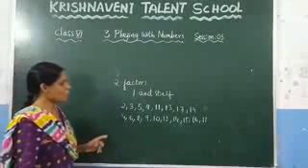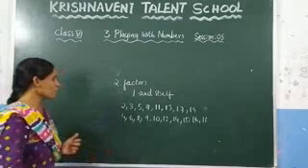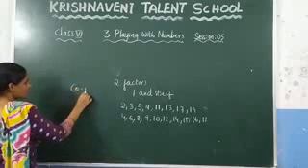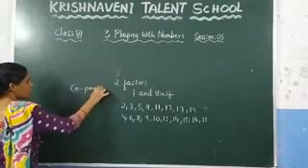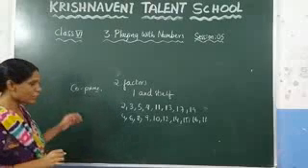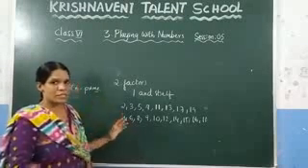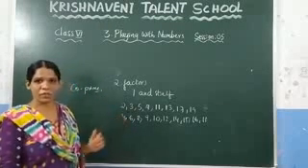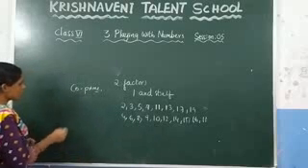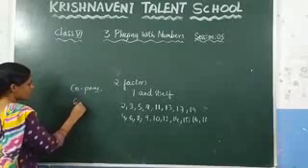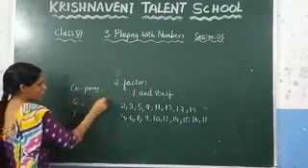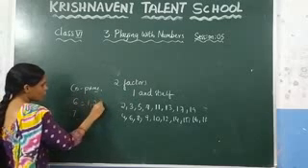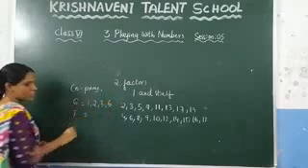And similarly after that, we discussed the co-prime. What are co-primes? We can call co-prime relatively prime also. What is meant by the co-prime? If 2 numbers have only 1 as a common factor, we call them co-prime. Let us consider the example 6 and 7. What are the factors of 6? Just now we found 1, 2, 3 and 6. These are the factors of 6.